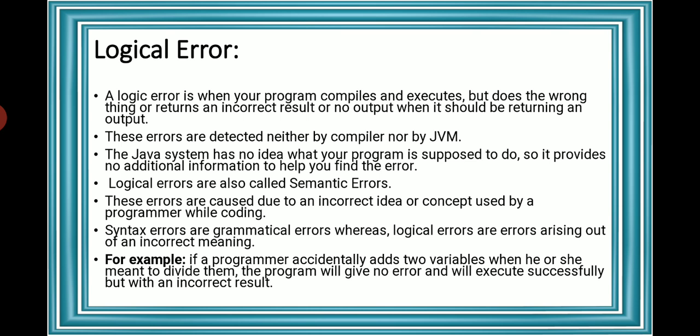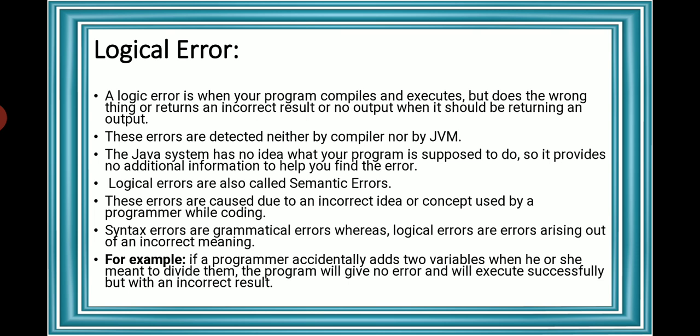The last category of error is the logical error. What is a logical error? The program compiles and executes, and there are no errors, but the logic, what you think, is wrong. Anything that is wrong with the logic of the program is a logical error. They cannot be identified by the compiler, they are at the end of the programmer. If the programmer has an incomplete understanding of what he has to write and writes something wrong, meaning what was required is not being done and something else is done, that is a logical error.